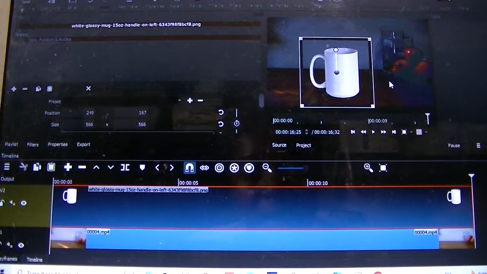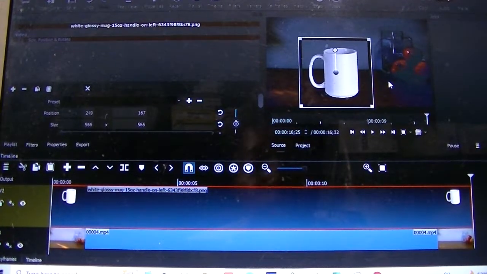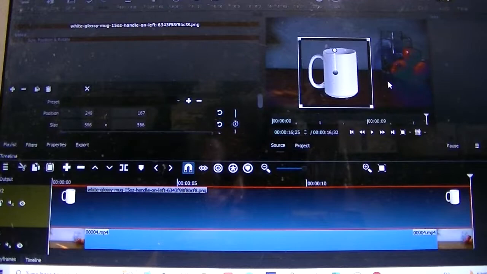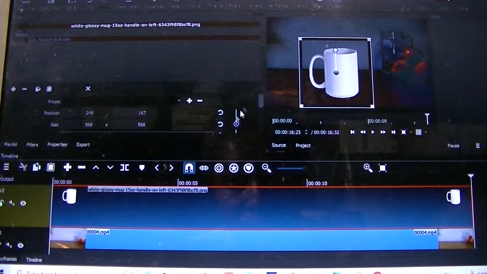Save it and start again with a blank video, add the mug to it, and then add a design to it. You already have one with the mug in it, and you just put your design on the mug. Save it again. You have that video already with the mug in it. This step that we just went through, you don't have to keep doing that. But we are going to,